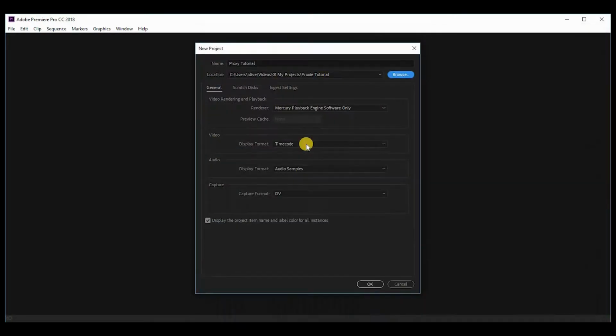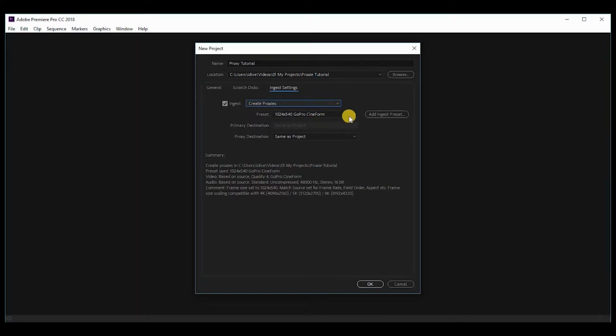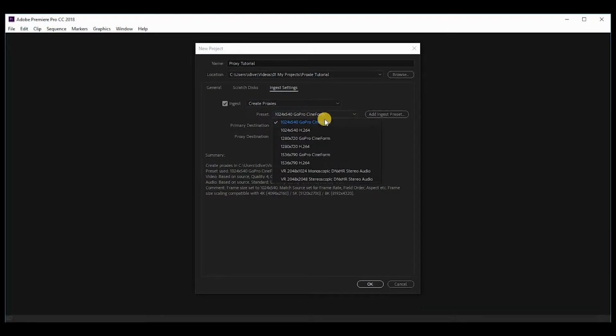So select folder. There's a bunch of different settings on here, but what we are interested in as far as creating the proxies is ingest settings. Once you click ingest settings, you're going to click ingest, and in the drop down menu, create proxies. Now once you get that selected, we're going to do our presets, and that is where we're going to convert from 4K down to a manageable format that's easy to edit,